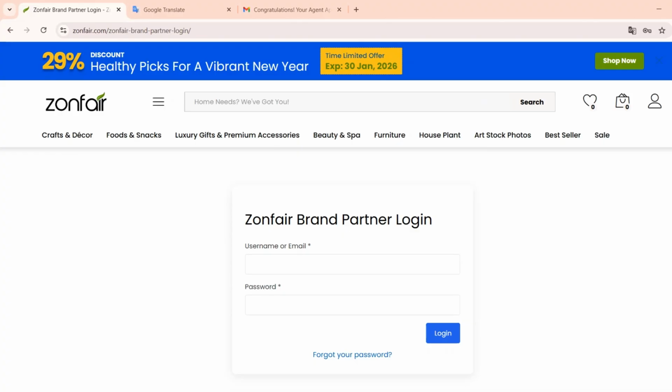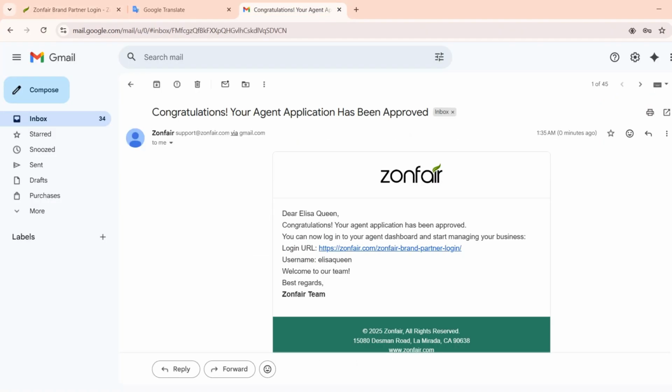First, we will click on Zonfair brand partner. You will need a username or email and password. Then you will log in here. For example, if you have successfully registered, you will get a piece of information called